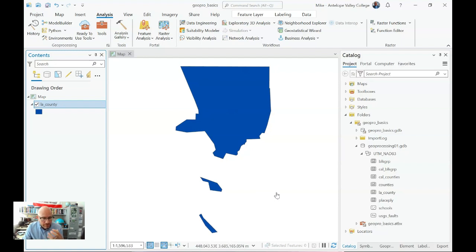And the reason for that is, if you recall, we got this from the counties feature class that made up the entire US, right? So when this was made, it was not made for this scale. The feature class was not designed with the idea that someone would extract LA from it and zoom into that. It was more a case of, at most you zoom into an entire state or half of the country or the whole country or something like that, right? So that said, we're going to keep going with it because we're just playing, and we're just seeing how these